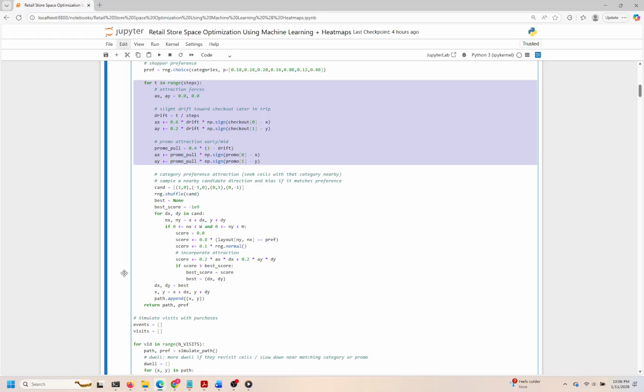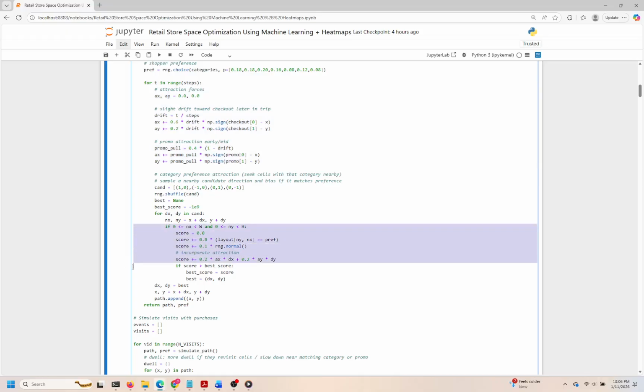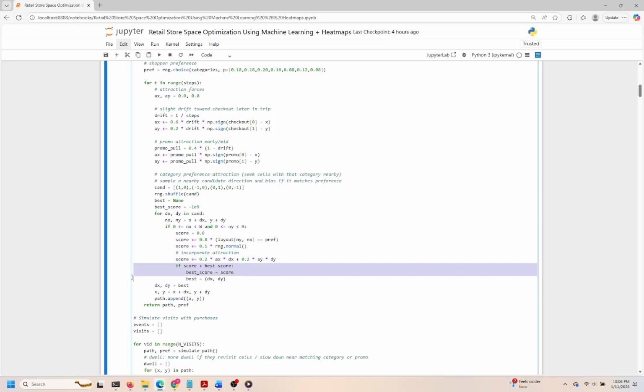Finally, we store the results of each simulated visit in a structured format, capturing details such as whether a purchase occurred and how much revenue was generated. This comprehensive dataset ultimately lays the groundwork for analyzing shopper interactions within the store, setting the stage for further insights in the next cell. Here, we'll likely explore deeper analysis or visualizations to glean actionable insights from these simulated shopper